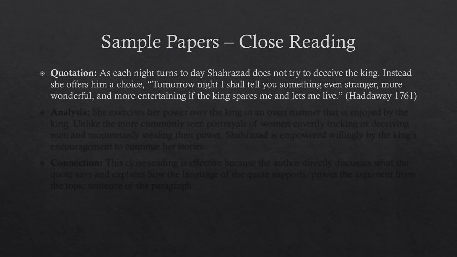And that kind of lures him into wanting to hear the next night so he doesn't kill her. By doing this repeatedly, and then you have all these little stories within the frame, each story kind of has a moral about being good. She teaches him through the stories to be a good king, and eventually they live together happily ever after, and he doesn't kill anyone else. So that's the context I'm only giving you because it's not from this class. You may not have read it.